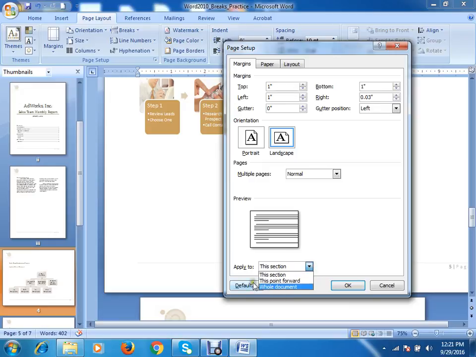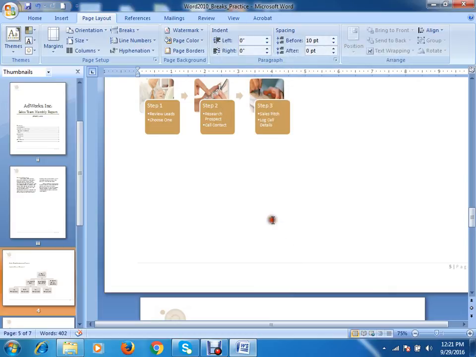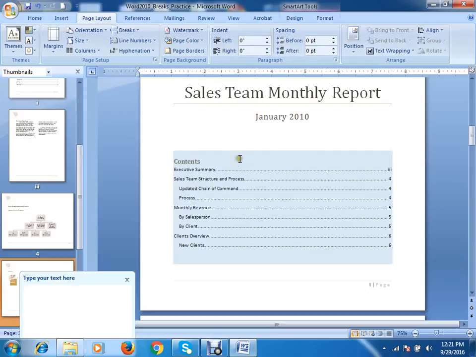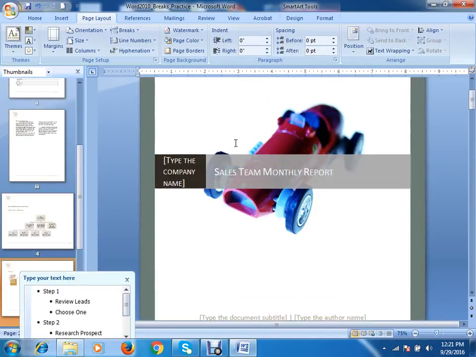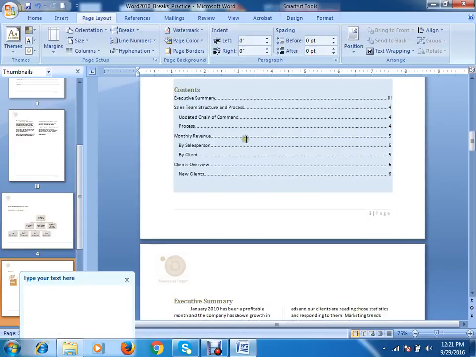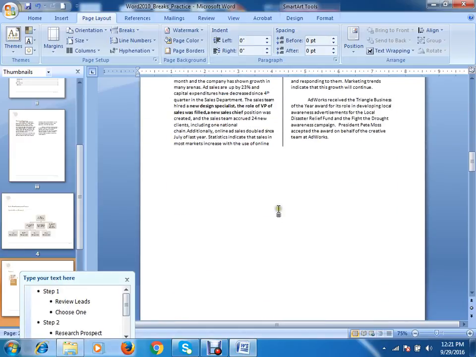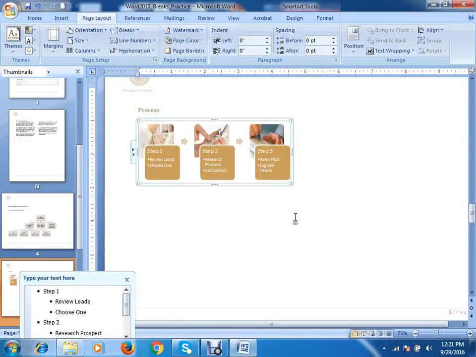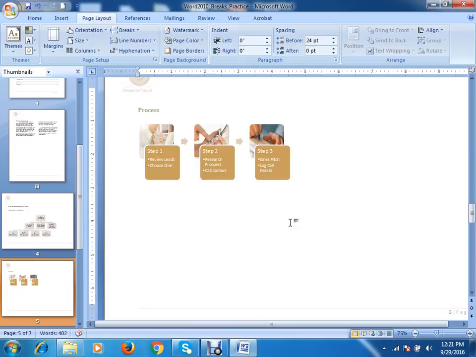Okay. If you apply to whole document, this change will be applied on the total document. So, if you want to apply any changes to a certain section or a certain part of your document, first of all you have to create a section, and then you can apply any changes to that section only. Okay, so